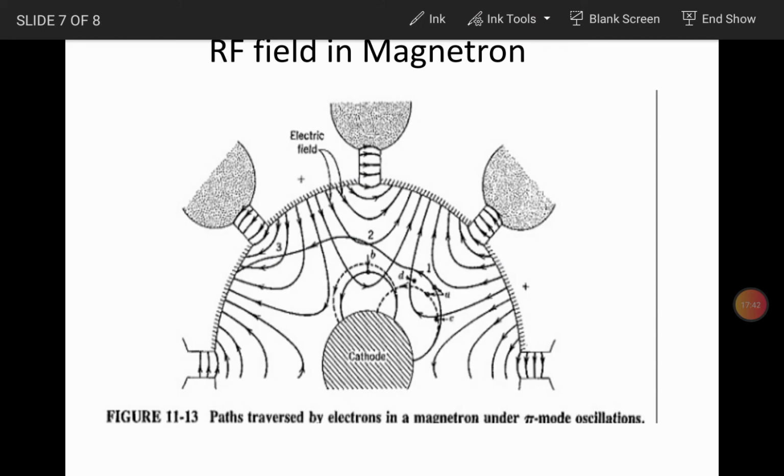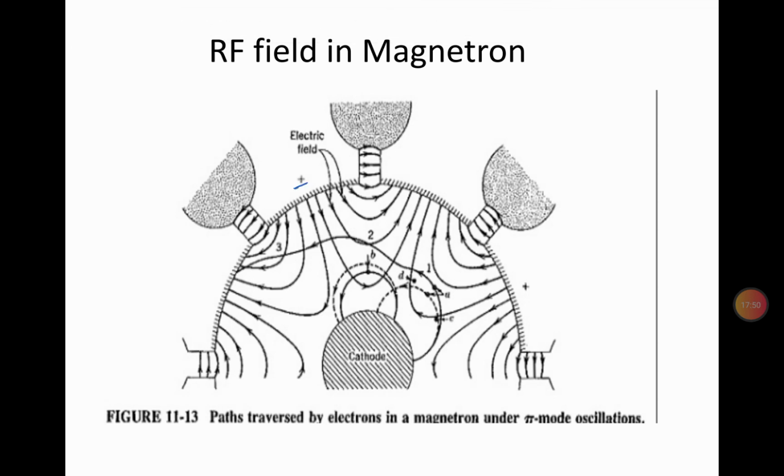When this electron has left the cathode, what is it facing? It is facing a positive potential, isn't it, students? When an electron, which is negatively charged, faces a positive potential, its velocity is going to increase, which means the magnetic force is going to increase, which means the radius of curvature is going to decrease, which means the bend is going to increase.